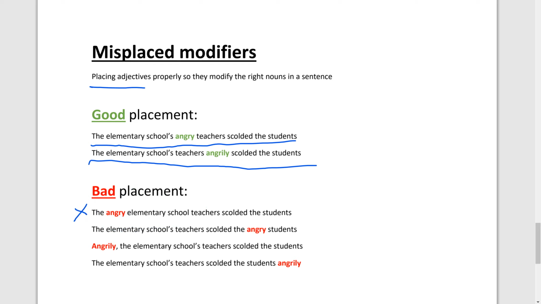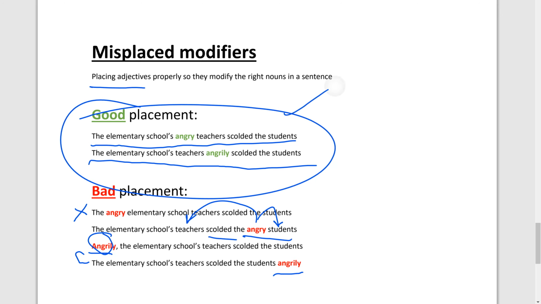Same thing with this one. I mean, this is obviously wrong. This angry is supposed to be with teachers. Obviously, the students are not going to be angry if they're being scolded, but again, that's wrong. This is also wrong. And I mean, these two are technically right, but they're still a bit confusing because they don't get the idea across as to who is angrily doing it right away. This is a better way to do it up here. That's why those are right. So